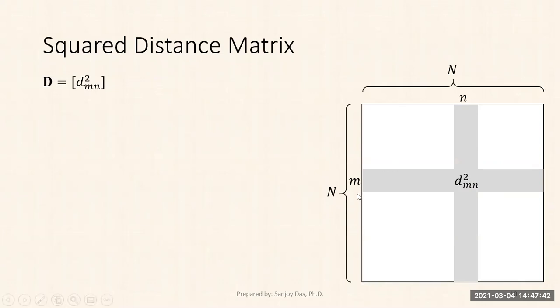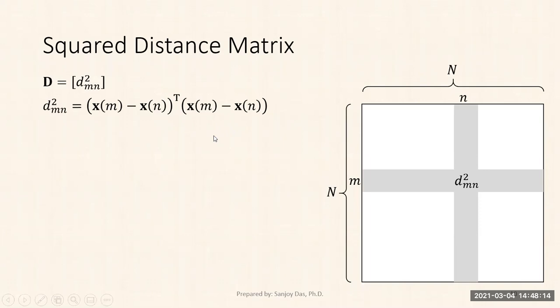And in the mth row and nth column, dmn squared is the corresponding entry, and that's xm minus xn transpose xm minus xn. So basically this is the norm of the difference, xm minus xn, correct? And that's equal to the distance. So dmn squared is the square of the distance between the 2 points,